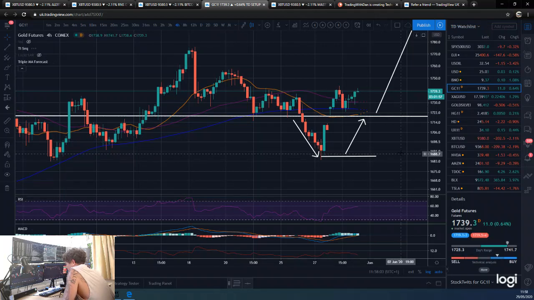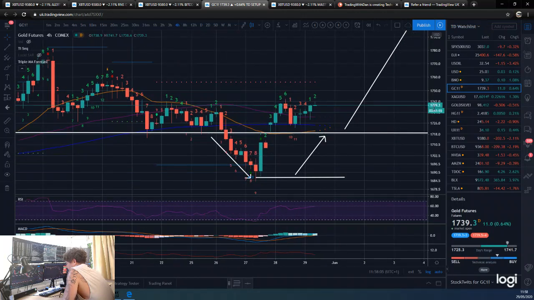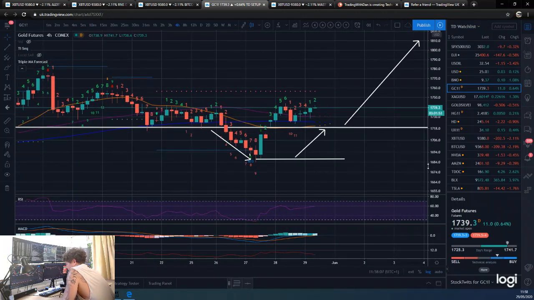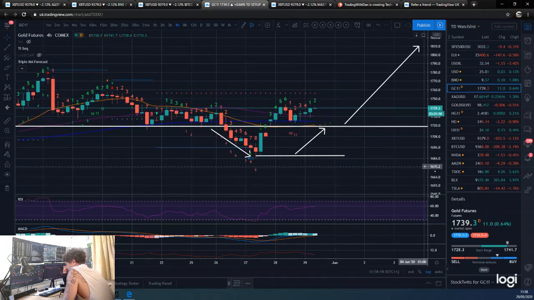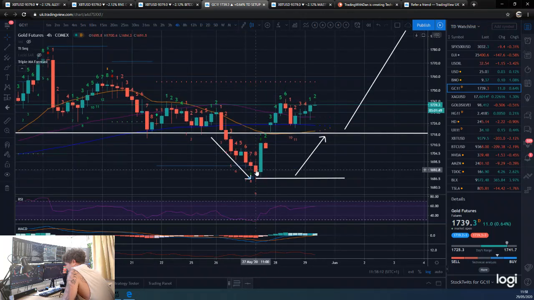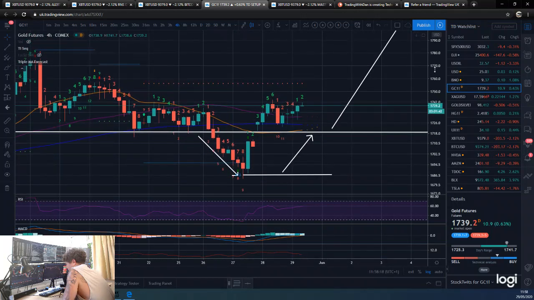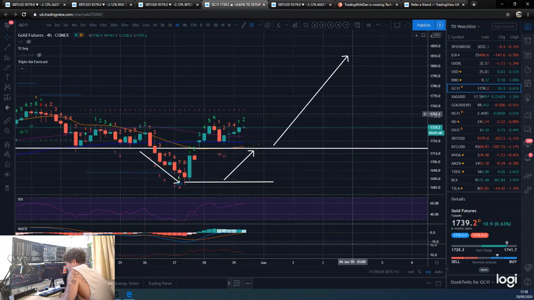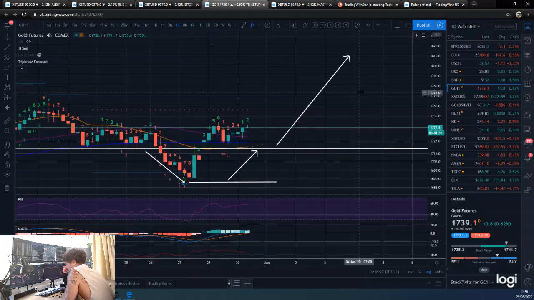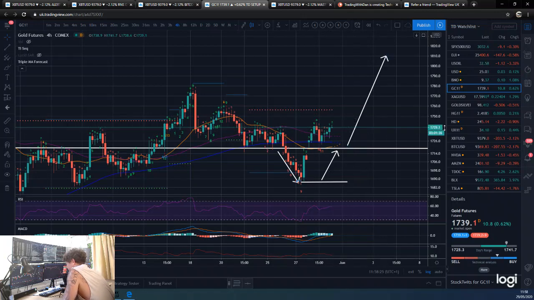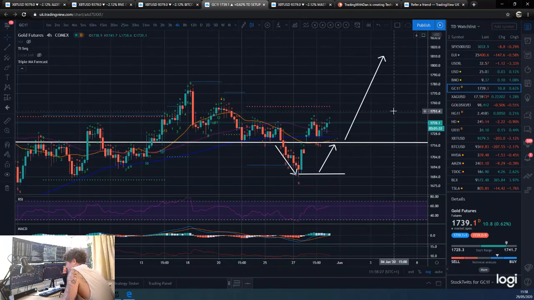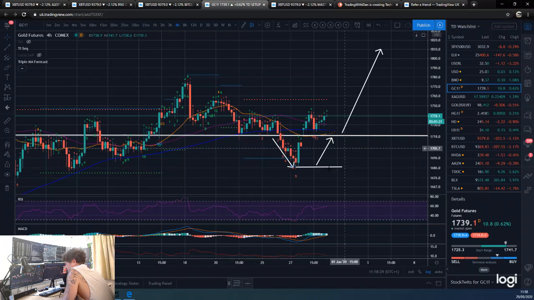Gold. Yeah, so gold basically did sort of what we were looking at. We had the move down that we were looking at. We got the bounce at the area we're looking at, and then obviously, if we broke this level, which we said, if we broke that level, then I drew this highly optimistic line where I was like, well, the sky's the limit, 1800, here we come. So gold is playing out, being very well behaved, to say the least. It just respects the 4-hour 9 so nicely. Like this was a 4-hour 9, 4-hour 9, 4-hour 9, 4-hour 9.